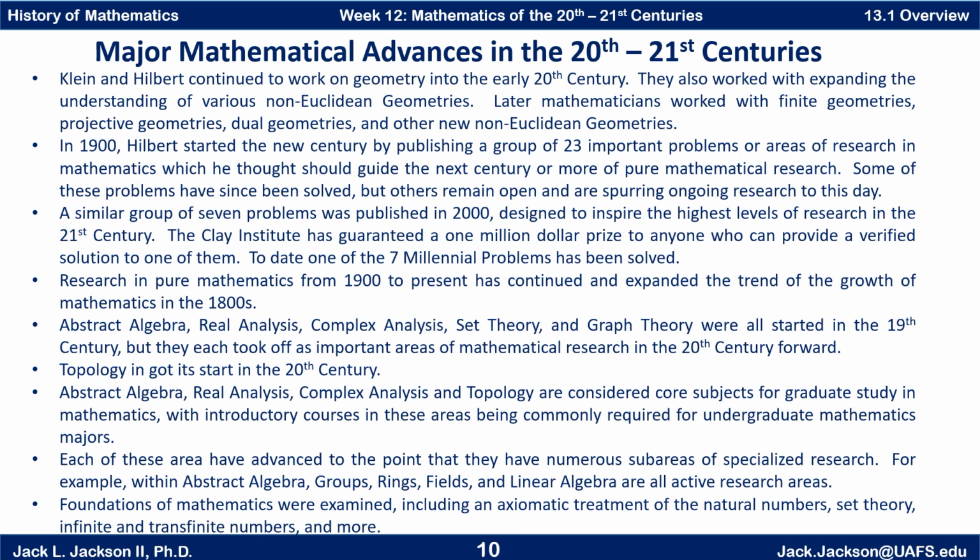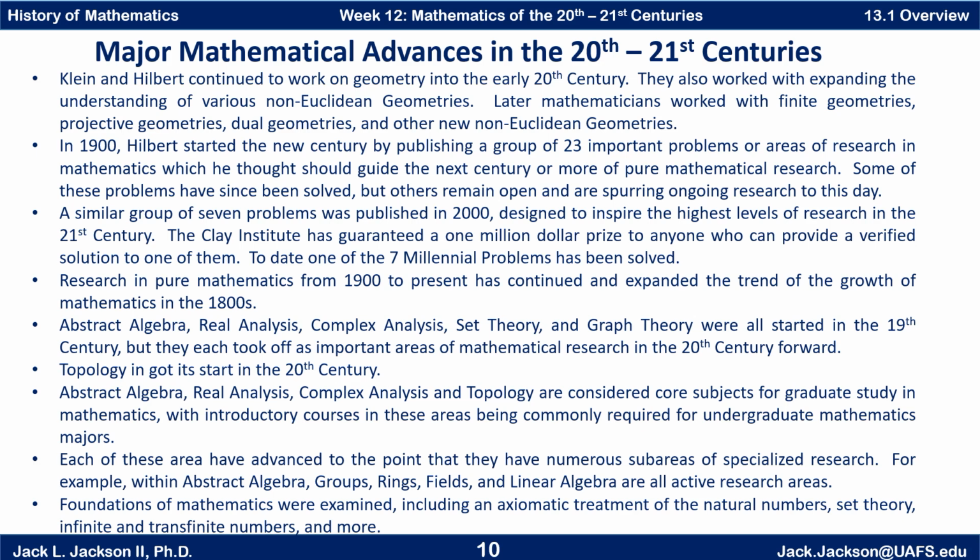Klein and Hilbert continued to work on geometry into the early 20th century. They also worked with expanding the understanding of various non-Euclidean geometries. Later mathematicians worked with finite geometries, projective geometries, dual geometries, and other new non-Euclidean geometries, and even found some new theorems in old Euclidean geometry as well. In 1900, Hilbert started the new century by publishing a group of 23 important problems or areas of research in